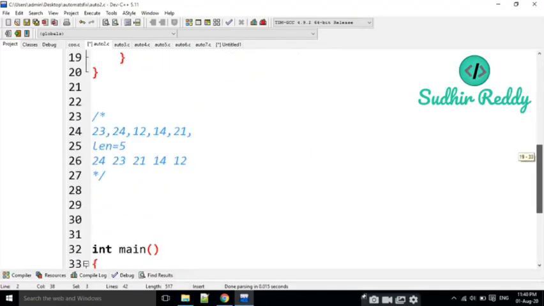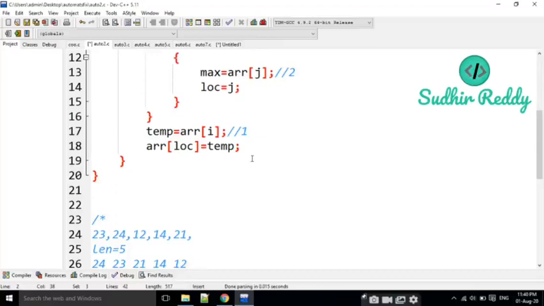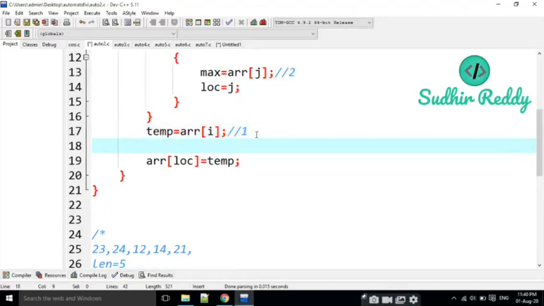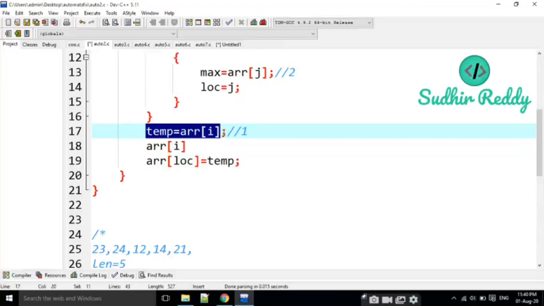But here, look at here. It is going to be only two operations, but when we are swapping two numbers, there are 3 operations here. What is the third operation here? For example, I am going to write here, I am going to store temp